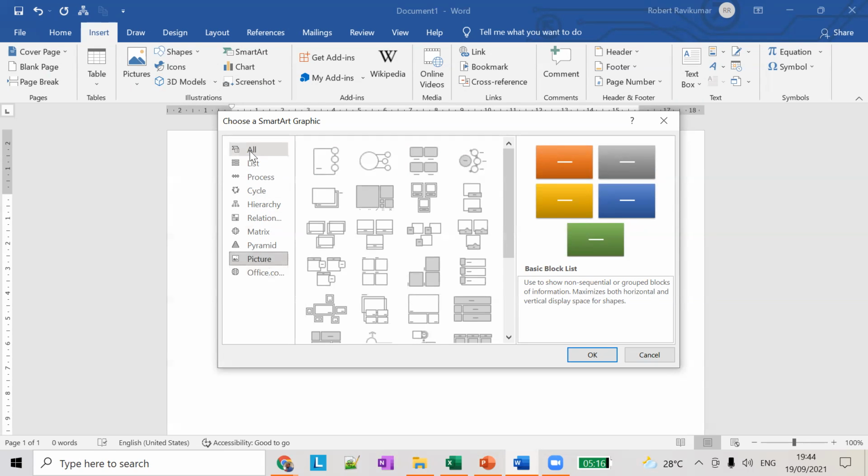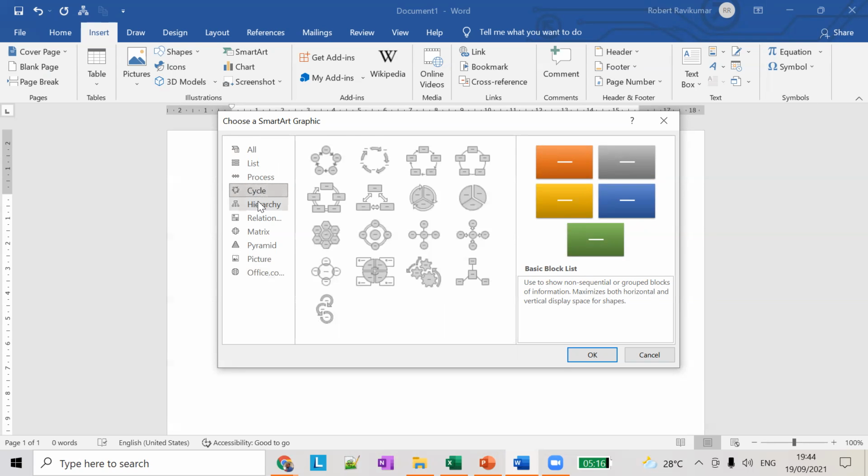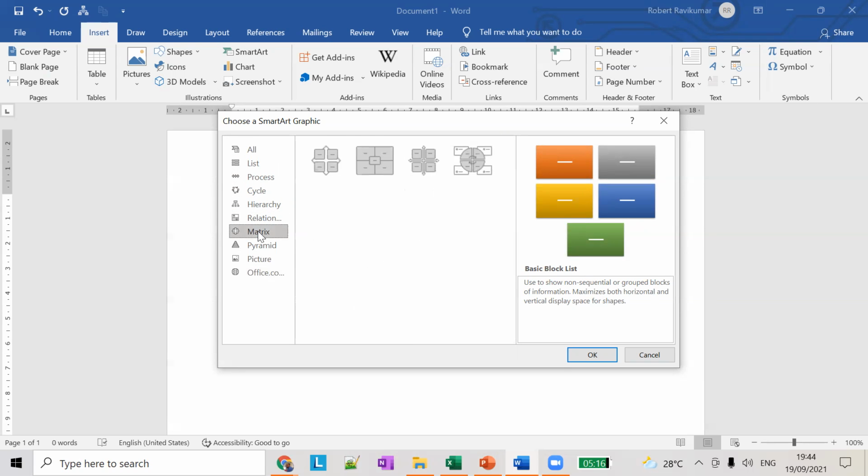You have a list, a process, a cycle, hierarchy, relationship, something like this. You can choose any one of these smart art graphics and use it in your document. Now let's see a classic example where you can add an organizational structure.